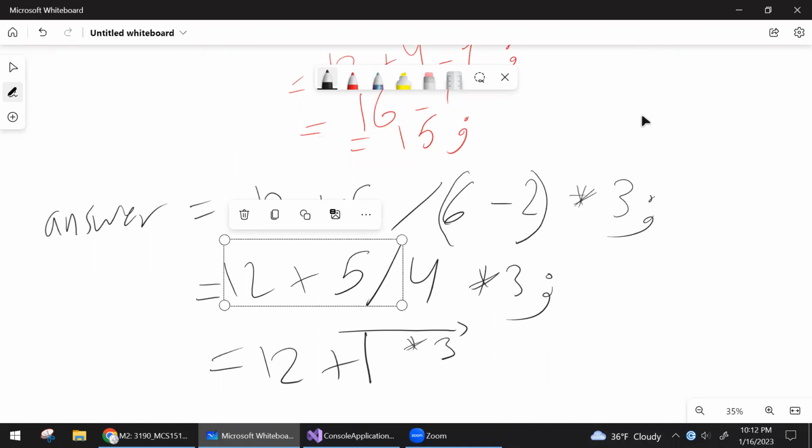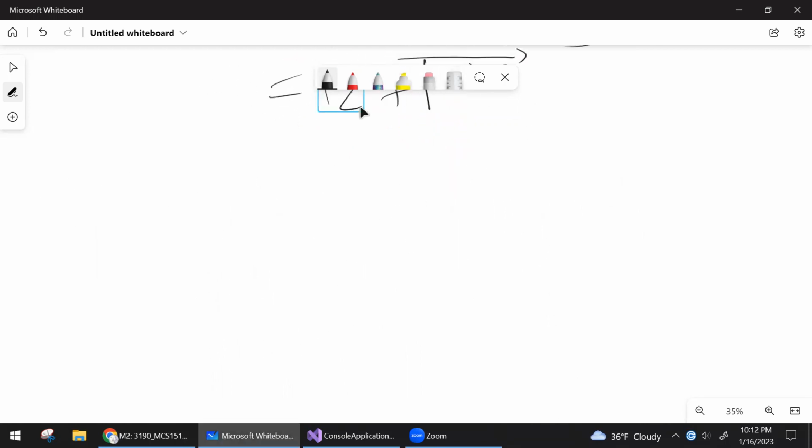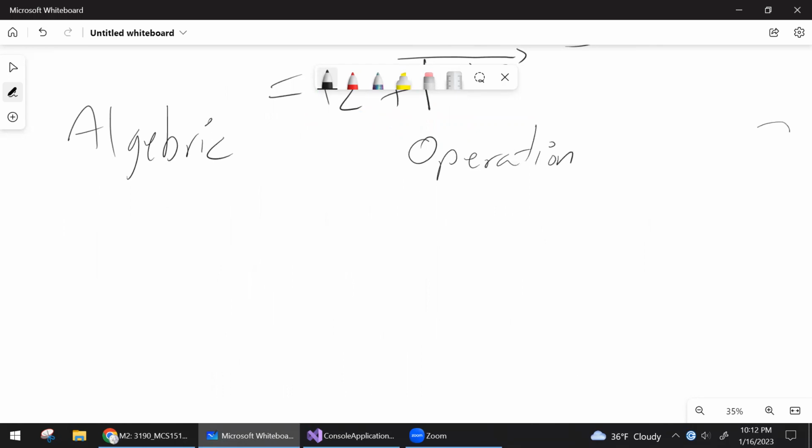So this is when it comes to operator precedence and associativity. Those are on page 95. Let's see what's on 96. Yeah, they give you an idea just so you don't get confused. So after they speak about grouping with parentheses, they speak about examples of algebraic expressions and then the operation, basically, and then the C++